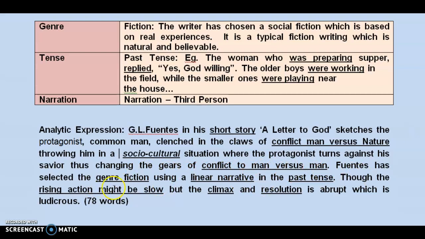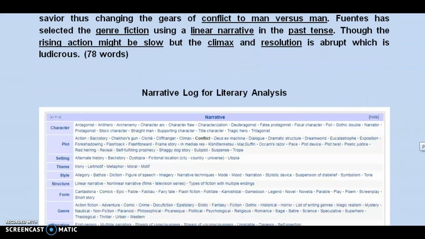Fontes has selected the genre fiction using a linear narrative in the past tense, though the rising action might be slow, but the climax and resolution is abrupt, which is ludicrous. About 70 to 100 words are allowed for question number 9, and we have used about 78 words, and we still have a little less space for writing our opinion and summarizing it. For writing the literary analysis, I have used the literary log, narrative log,